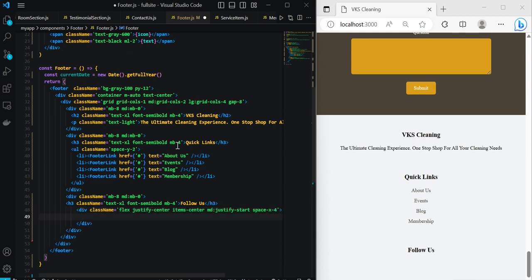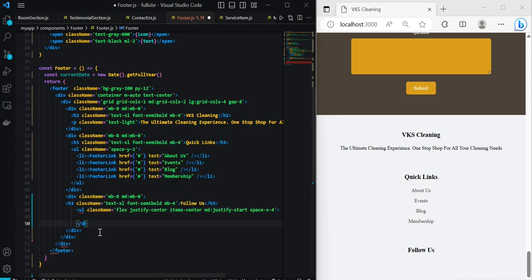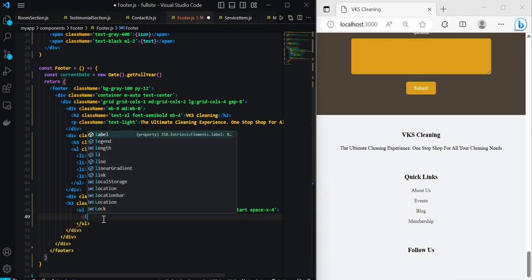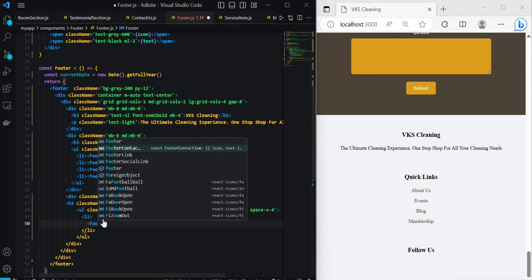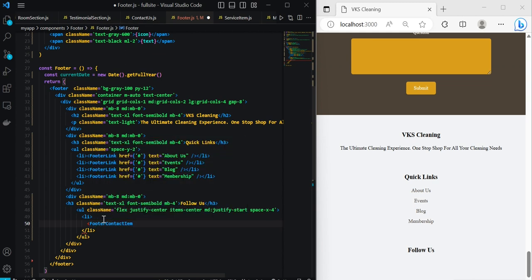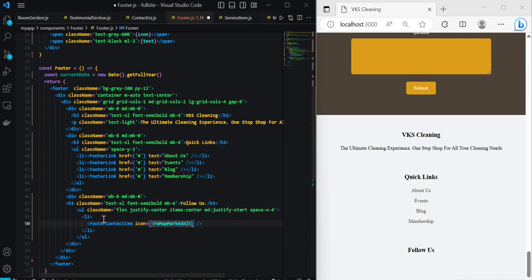And inside of this div, we're going to change this from a div to an unordered list, because these should be list items, so this should be an unordered list. I'm sorry about that. And inside of this unordered list, let's add list items. The first list item will be the footer contact item. This will be how you contact us, and we'll have an icon. It takes props, of course. The first prop will be FA map marker,